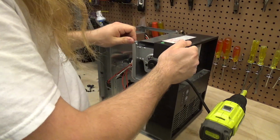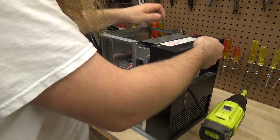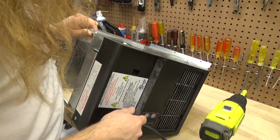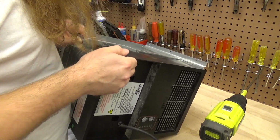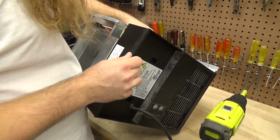Something is keeping it in place. The power cord is keeping it in place. And something on the other side. Oh, there's a circuit board bit. Oh, for that. Okay. All right. That's going to take some effort to get that off. We're going to have to undo